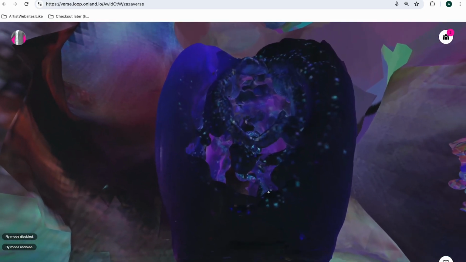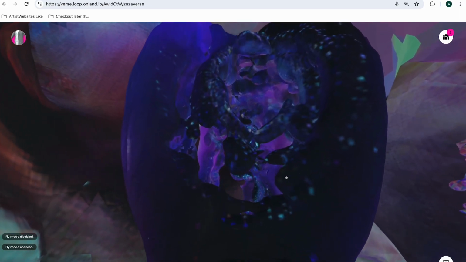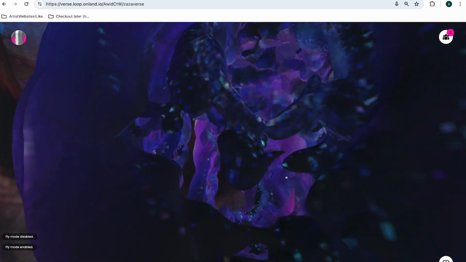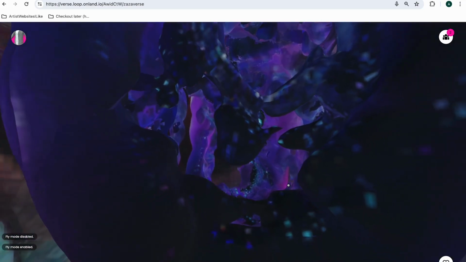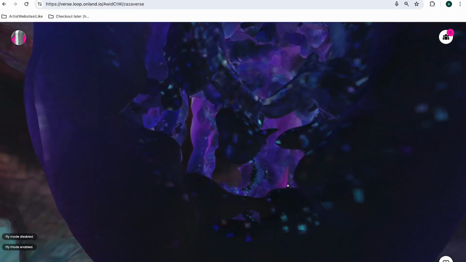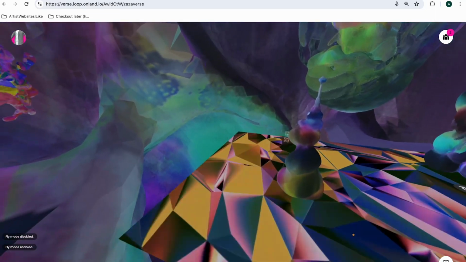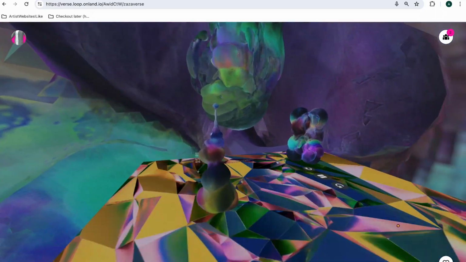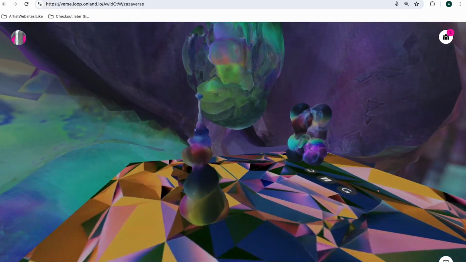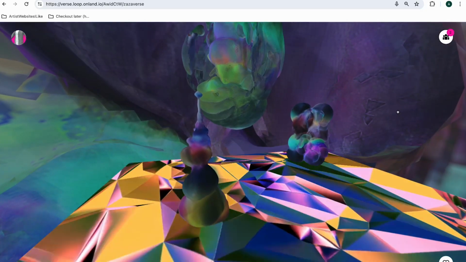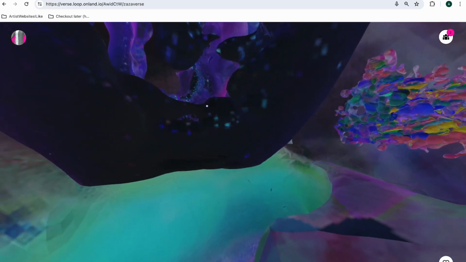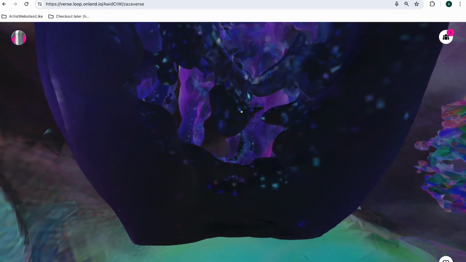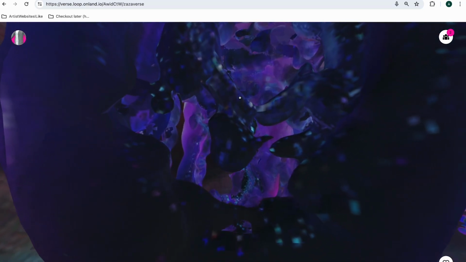I like how fly is automatically enabled. Yeah, how do you navigate these spaces was a question I had, and it's nice to just be able to float through the space, I suppose. All right, I'm going to head over there. Wow. Okay.